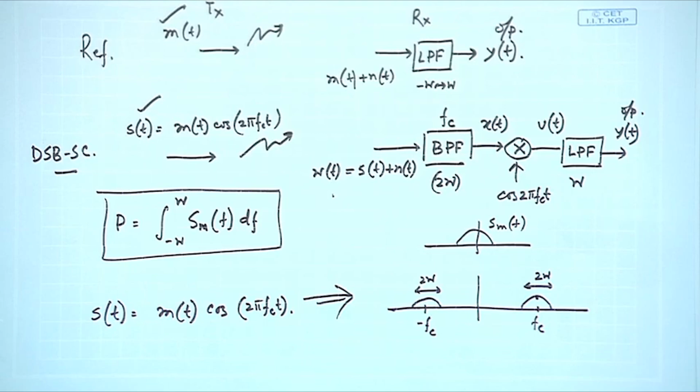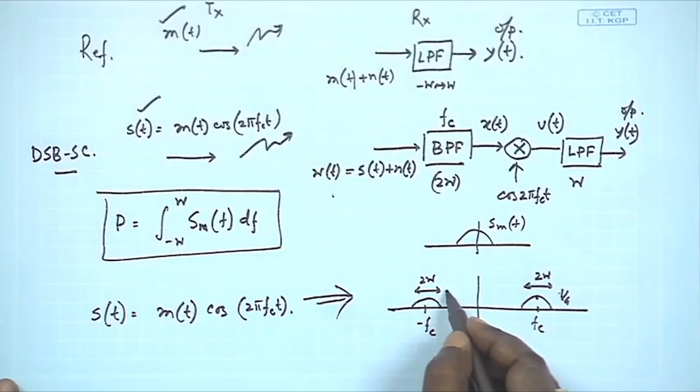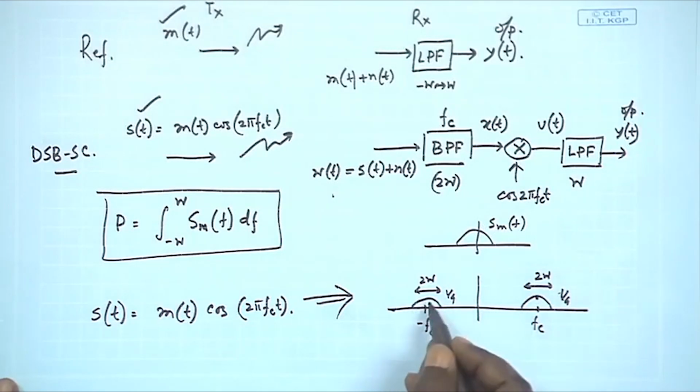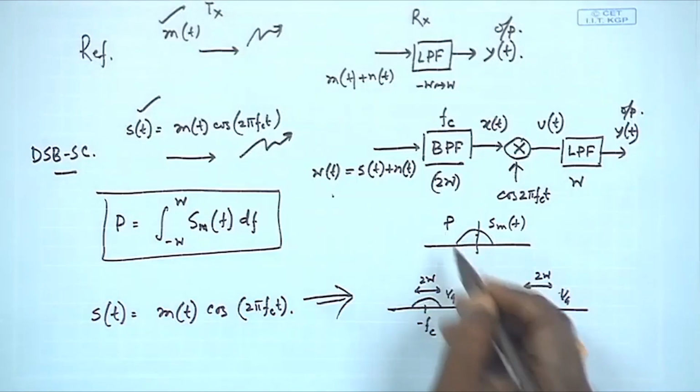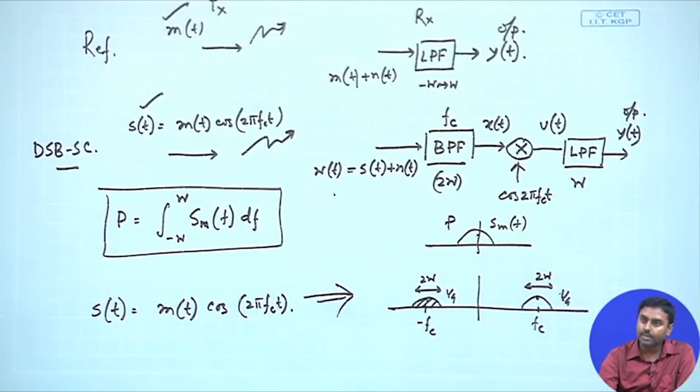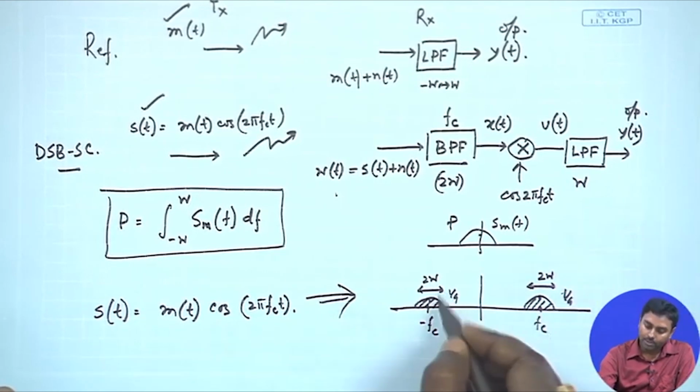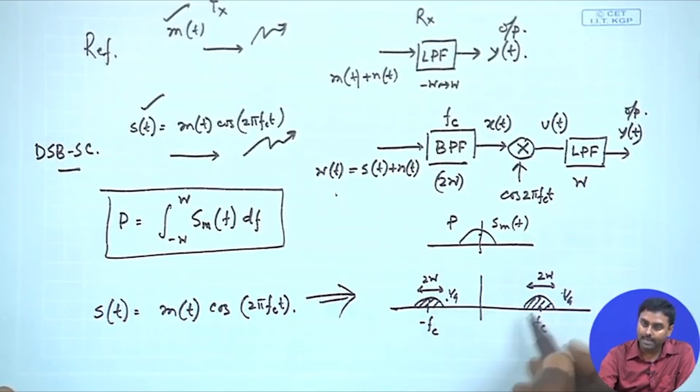So, basically the strength will not be half, it is 1 by 4, because MF becomes half and then the square of that, because power spectral density will be mod square. So, it will be 1 by 4. So, this will be 1/4 of that whole thing, and overall if I integrate, this must be 1/4 of this thing. So, if this was P, this integration will give me P by 4, and this integration will give me another P by 4.